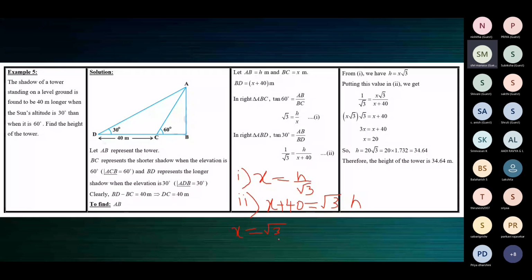Alternate method, another method. Using one, you will get x is equal to h by root 3. And using two, you will get x is equal to root 3h minus 40. Now we are equating one and two. X is h by root 3, x is also